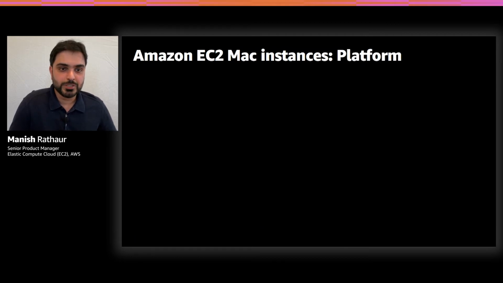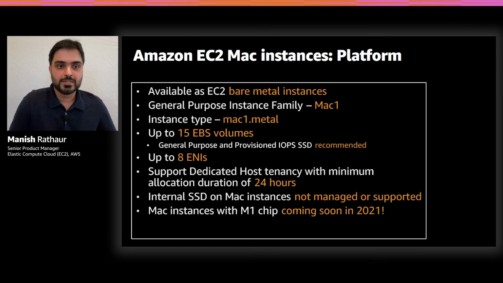Continuing to further deep dive into the platform specifications of Mac instances, Mac instances are available as EC2 bare metal instances. EC2 bare metal instances provide you with direct access to underlying hardware while offering the same elasticity, security, scalability, and reliability of any other EC2 instance type. This means there are no virtualization overheads. macOS boots on bare metal Mac Mini, and it can leverage the full power and capabilities of the underlying Mac hardware. Additionally, Mac instances are available as a new EC2 general purpose family called Mac One, and the API name for these